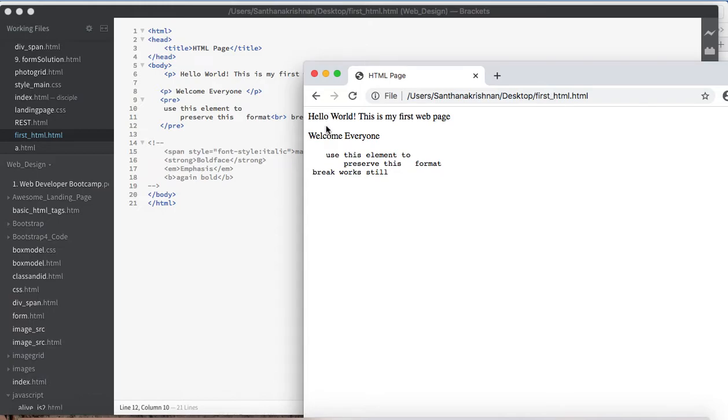So here is the previous content, the paragraph, and this is one more paragraph, so 2 paragraphs, the output of these 2 lines, followed by the pre-formatted text element. Here, whatever we have given is pre-formatted. The spaces are preserved. Here I have given a few white spaces, and that is retained, and here also I have given a few spaces that also are retained by the browser. And after the word format I have given a break. The break is used to give a line, it takes the remaining section to the new line. So this is the example for the pre-formatted HTML element.